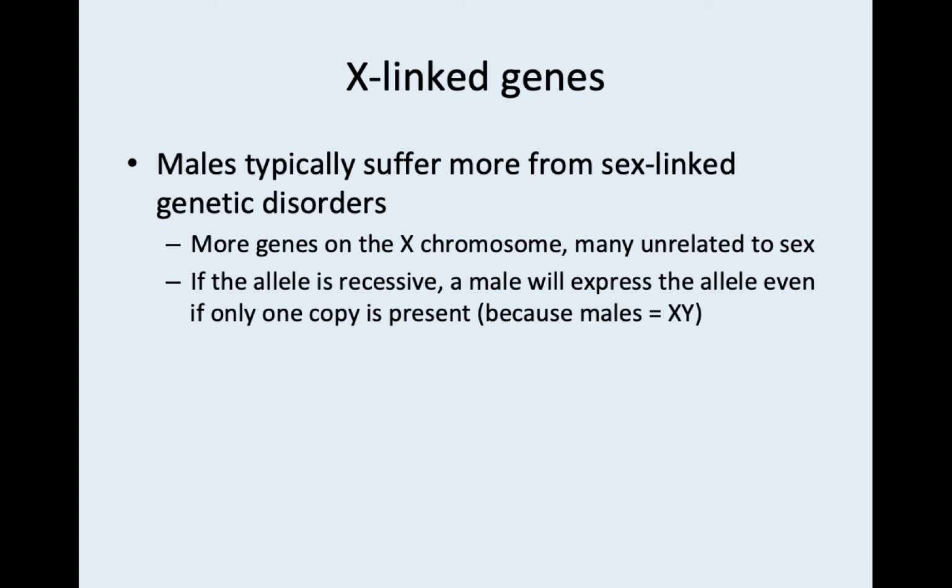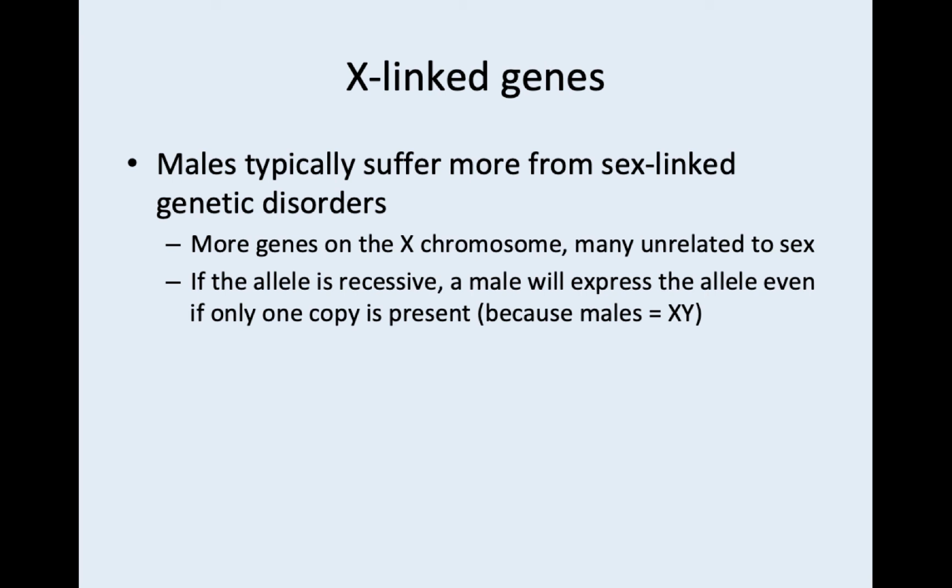So in sex linkage, we often see males are going to suffer from these sex-linked genetic disorders more so than females. And the reason for that is because, remember when I was talking about mutant alleles? A mutant allele is just a broken version of a gene. For example, haemophilia is a really interesting example. It's like blood clotting. The gene that allows your blood to clot is not working. And it doesn't mean that females can't get it, but it's a lot more common in males,